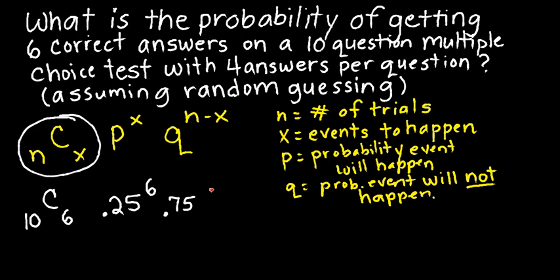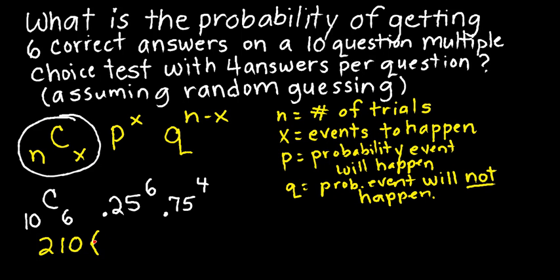And the exponent for this one is how many times that event won't happen. Well, in this case, it's 4. Okay? These 2 exponents need to add up to the total number of trials. In our case, we've got 10. Now, you can use your graphing calculator and figure this all out. And you're going to get 210